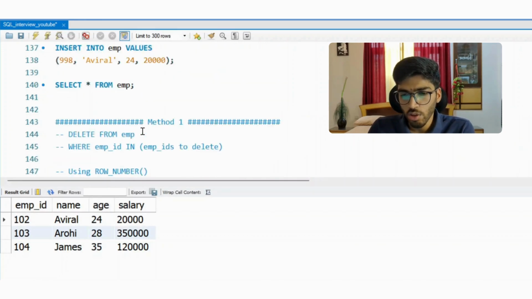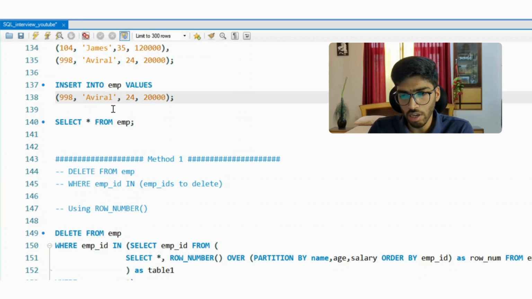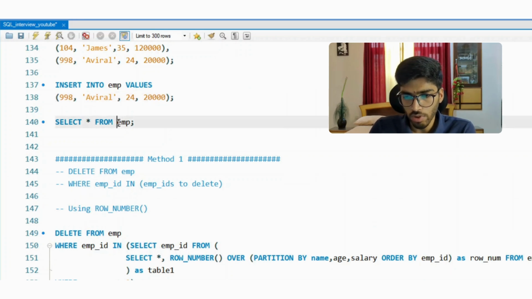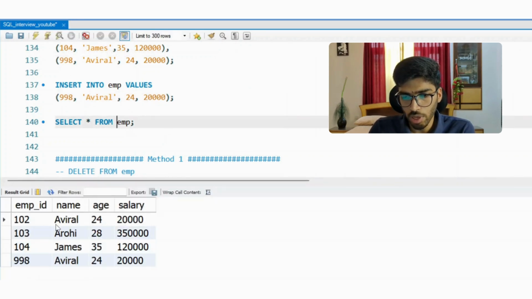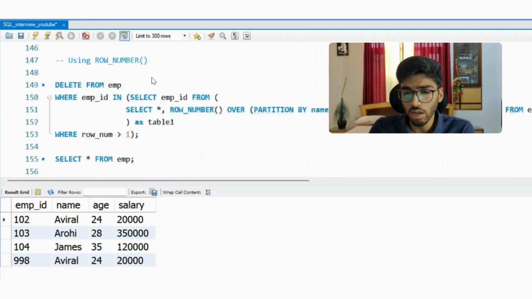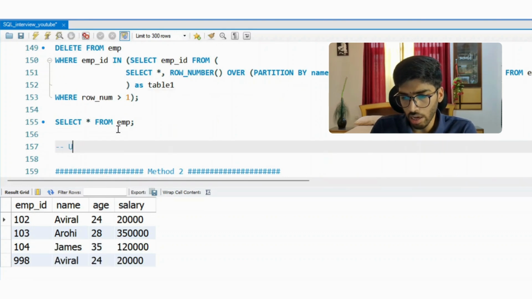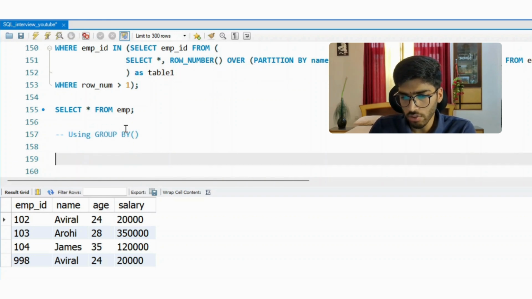Okay, that's great. So now I'll just add the duplicate entry again so that we can use the other method as well. So if I just use select star from EMP, you see we have again our duplicate entry. Now in the first method only, where we identify the employee IDs to delete, we can use another technique using the group by command. So I'll just show you how we can do the same thing using the group by command. So I'll just start from the basics, select star from EMP, it will show me all the data,